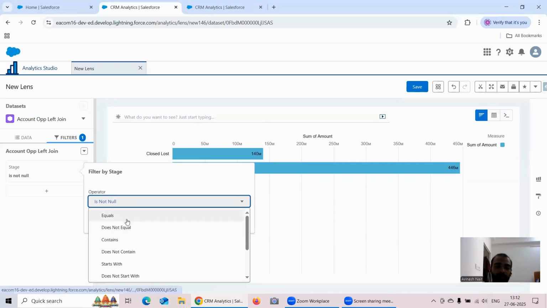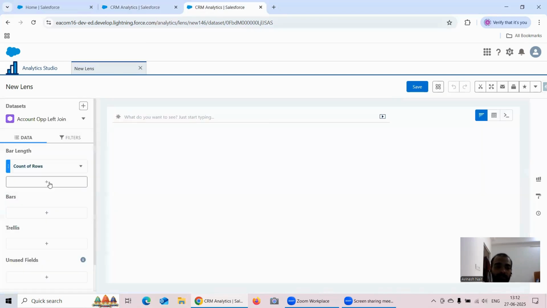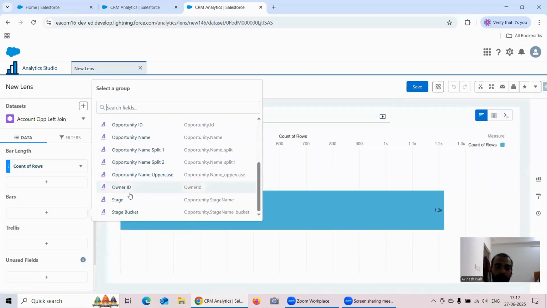Under this operator, you have equals, does not equal, contains, does not contain, starts with, does not start with, ends with, does not end with, is not. This is simple English language, and definitely you can filter that. I've already shown you for a dimension. Now let's say I want to go